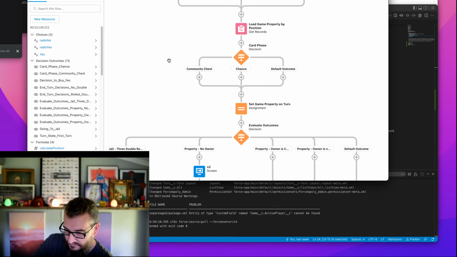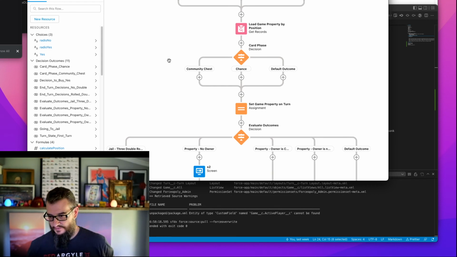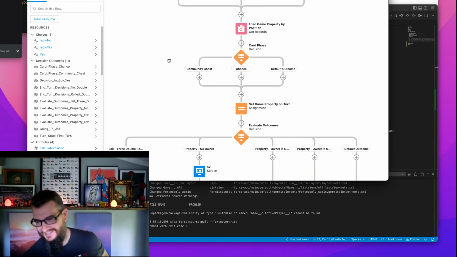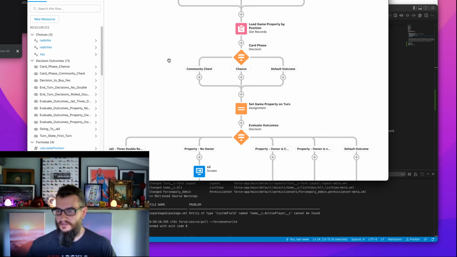All right, so we do Community Chest or Chance or default outcome. So we're gonna have to. I feel like draw a card is a really good subflow to have potentially. We're gonna have to get into that fairly soon because we can't arrive at our final property without it. So but at least in the card phase, we